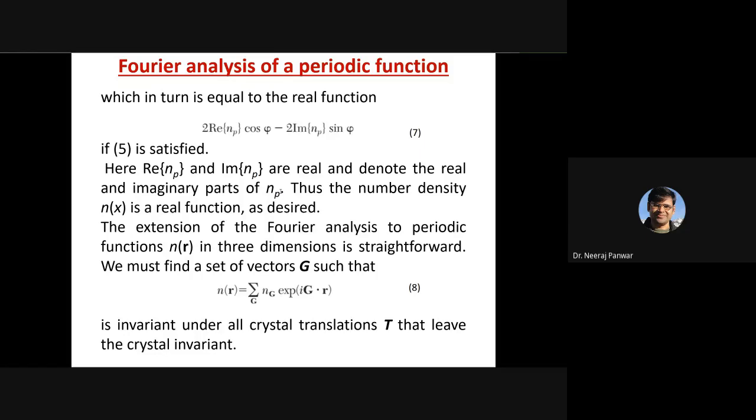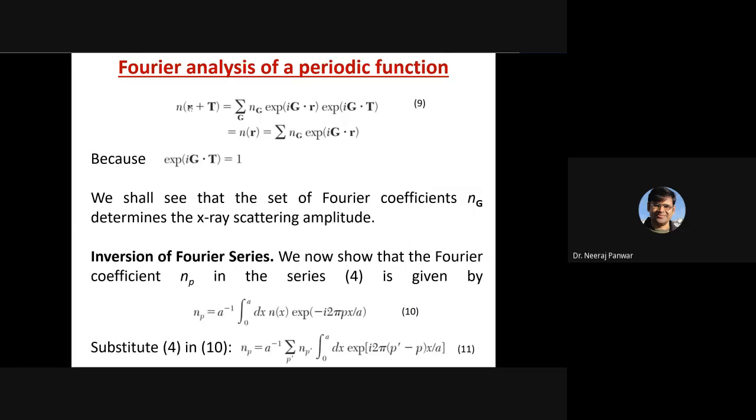We can extend it for the three-dimensional case, and in that case we need to consider n as a function of position vector r. So n(r) in that case would be given by summation over G of nG exponential to the power iG·r. So this G represents the reciprocal vectors, and it should remain invariant under this translation operation T. So that we can prove n(r+T)